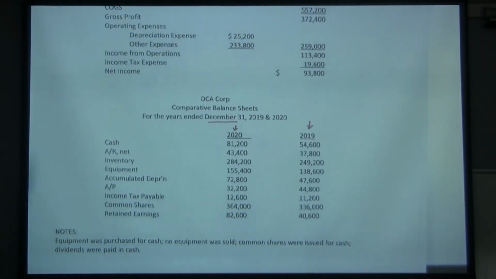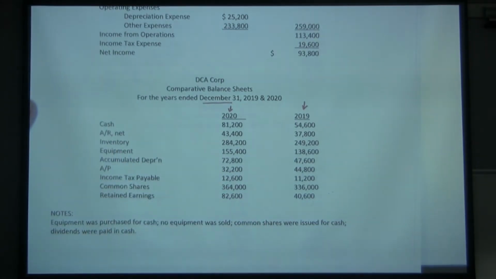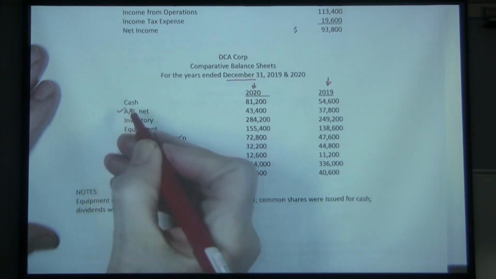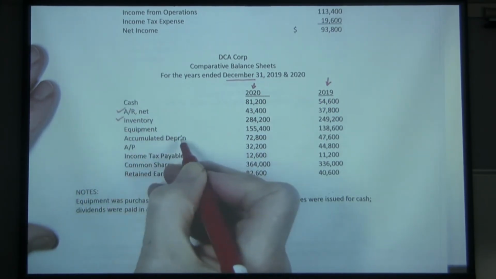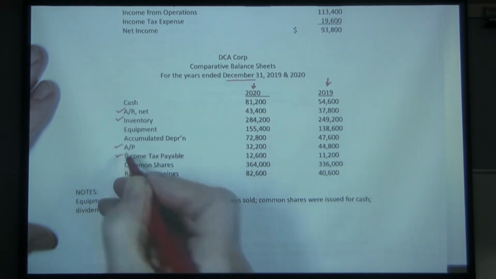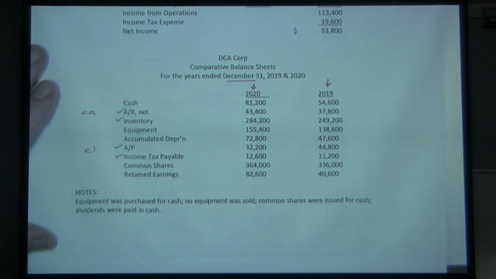All right, so let's just sort out which items here are working capital. The items that are working capital are our accounts receivable, inventory, not equipment or its accumulated depreciation, accounts payable, and income tax payable. So these are the current assets, these are the current liabilities. So using the key